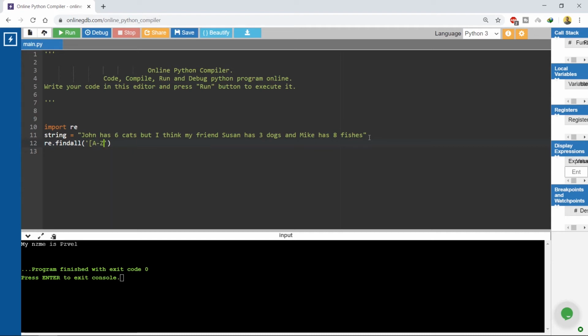You simply input the regex that you want. Here, firstly, it's going to get the characters John, and then the character has, and then the digits, and then the animal names. So if I run this code,